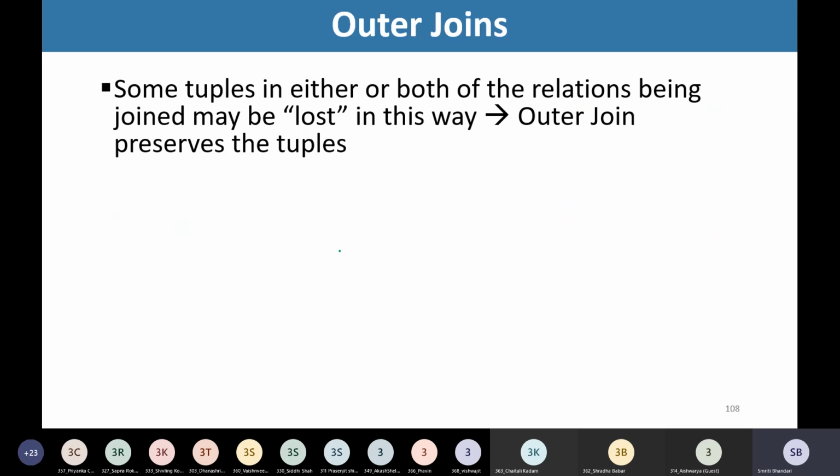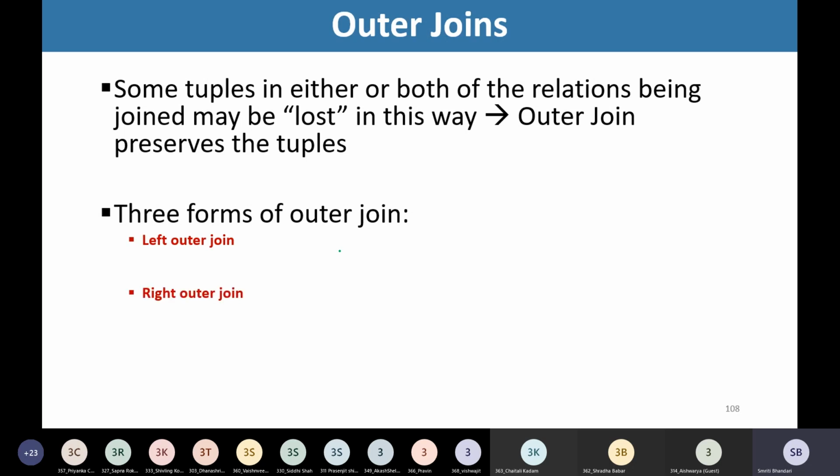Some tuples in either or both of the relations being joined may be lost if we go with the natural join. But if we go with outer join, those tuples for which we do not have any matching data in the other relation can be preserved in the output.